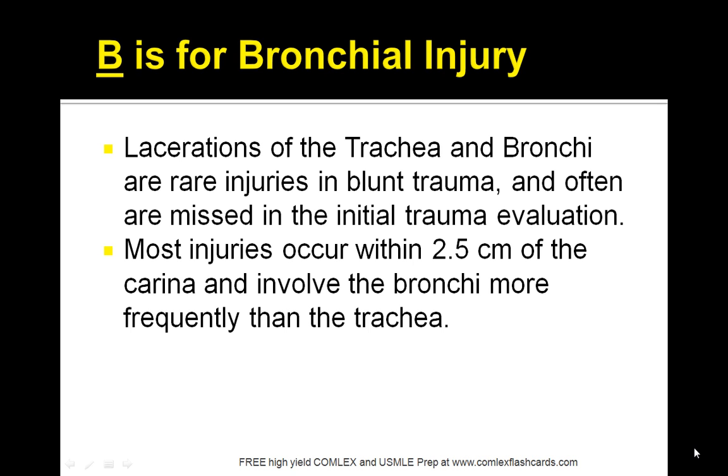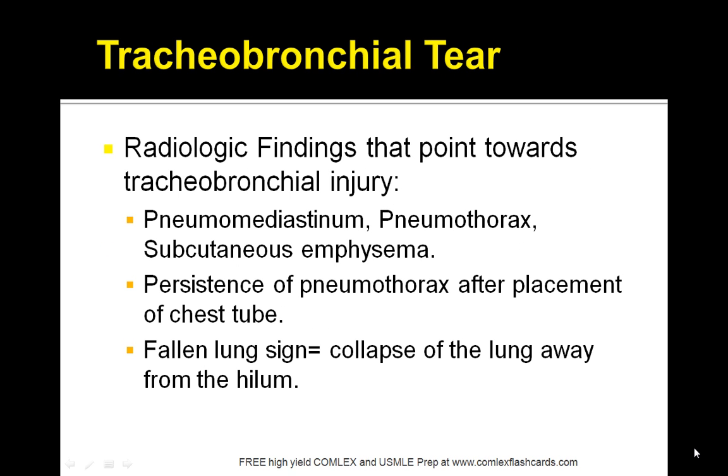Now let's review bronchial injury. Well, B is for bronchial injury, and this deals with lacerations of the trachea and bronchi. These are rare injuries in blunt trauma and often are missed. Most injuries occur within 2.5 centimeters of the carina and involve the bronchi more frequently than the trachea. Also, there's a tracheobronchial tear, and radiologic findings that point towards tracheobronchial injury include a pneumothorax, pneumomediastinum, subcutaneous emphysema,